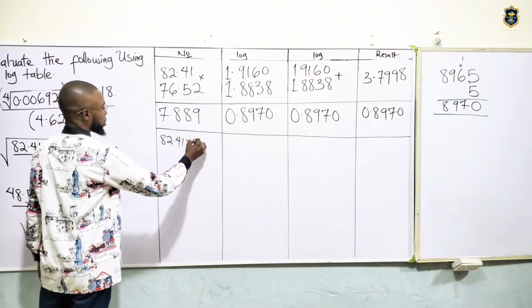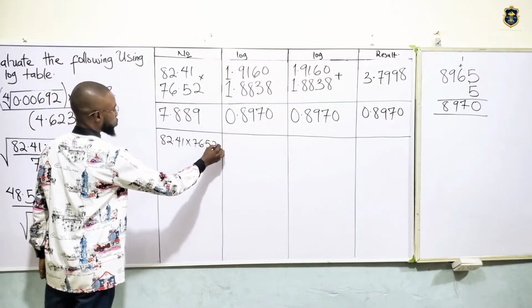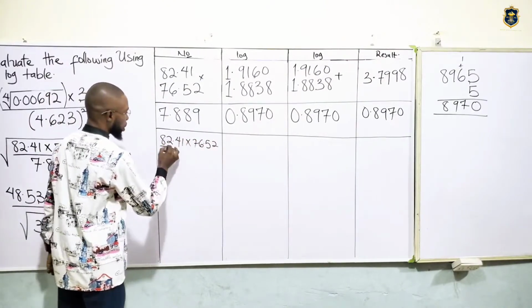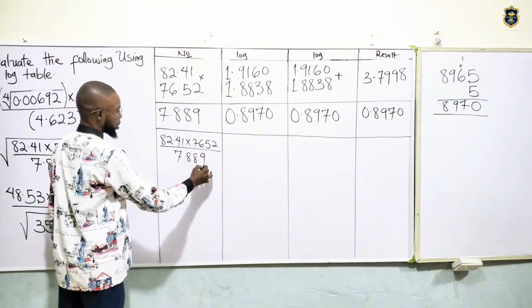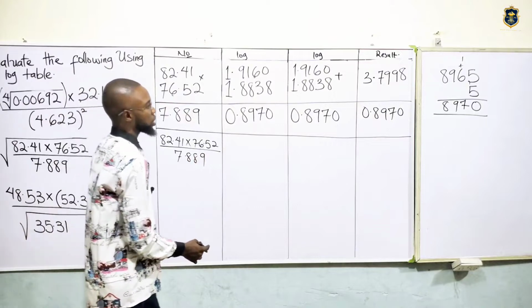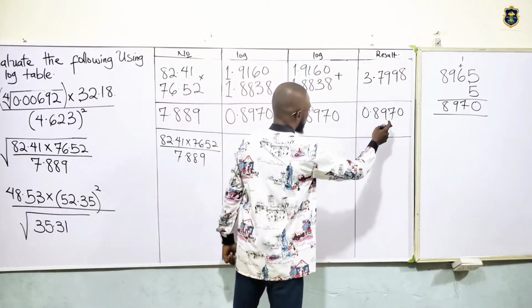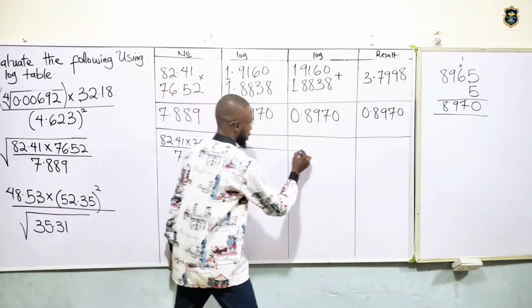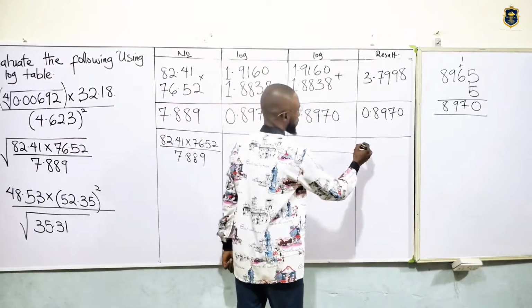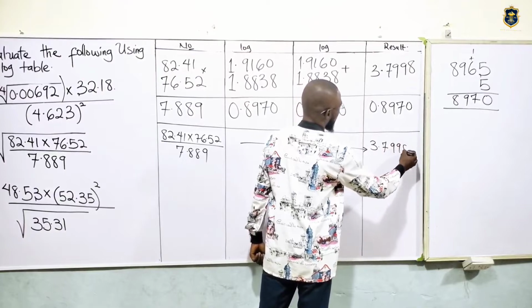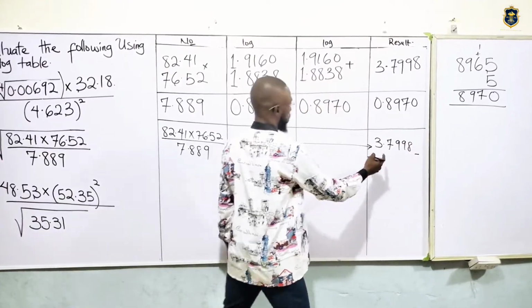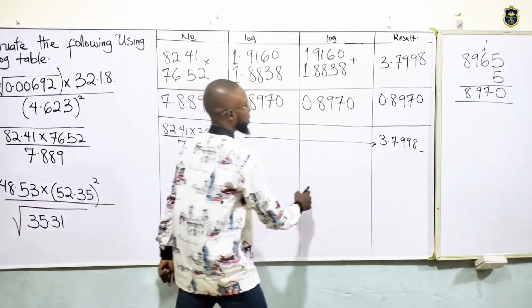82.41 times 76.52. The answer from the numerator is dividing or subtracting the answer from the denominator, 7.889. If we subtract that, it means that what we have here, we subtract what we have from here. So let's take it down now. Let's subtract. We have 3.7998 minus what? Why are we having minus? Because they are dividing, right? Minus